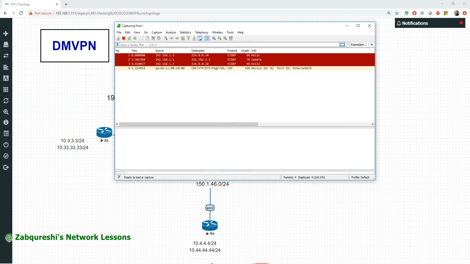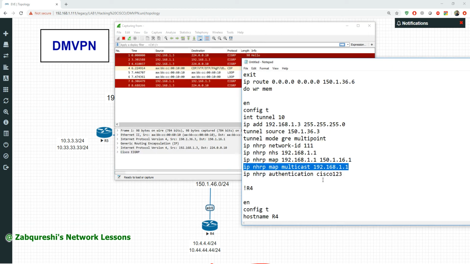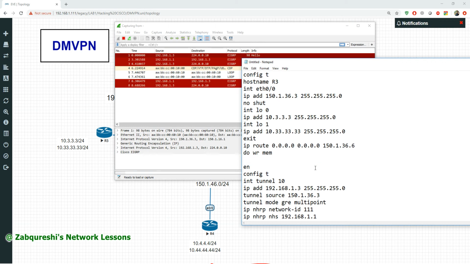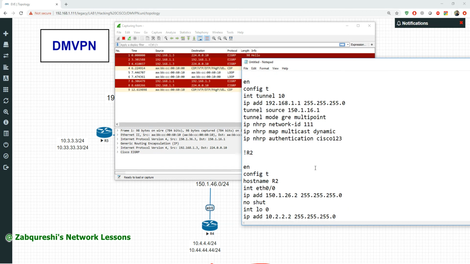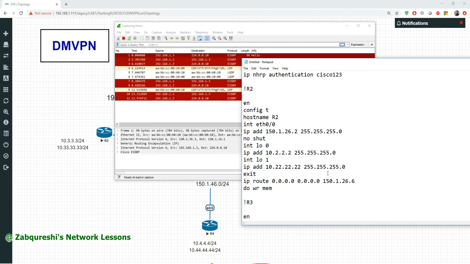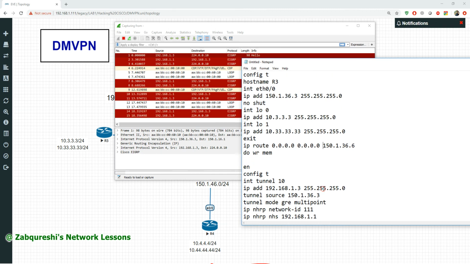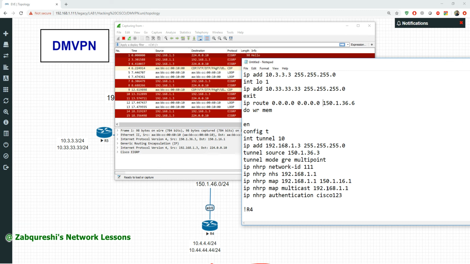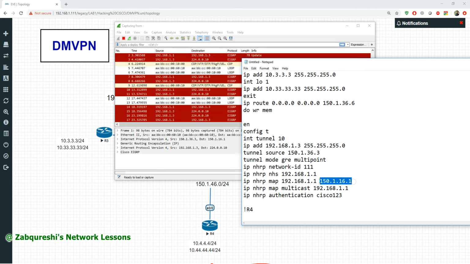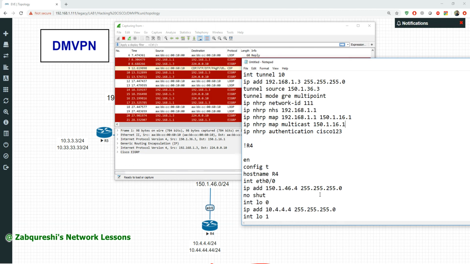So for the configuration, if I go here, multicast, right? For R1 the multicast is fine, and for R3 it should be